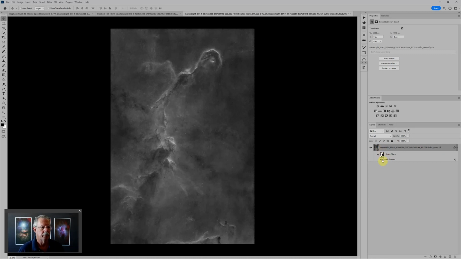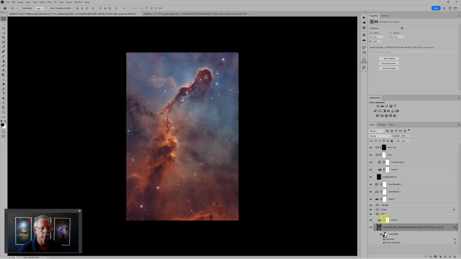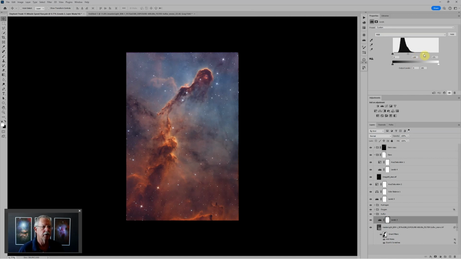So there it is. The filter's still there, the mask is still there, everything's still the same, it just has new data. We'll close this, say yes, and this is going to save it back into our original document with the dust and scratches filter and the add noise, and we can see it's a little bit brighter than what was there, so we'll just adjust the brightness, and now we have